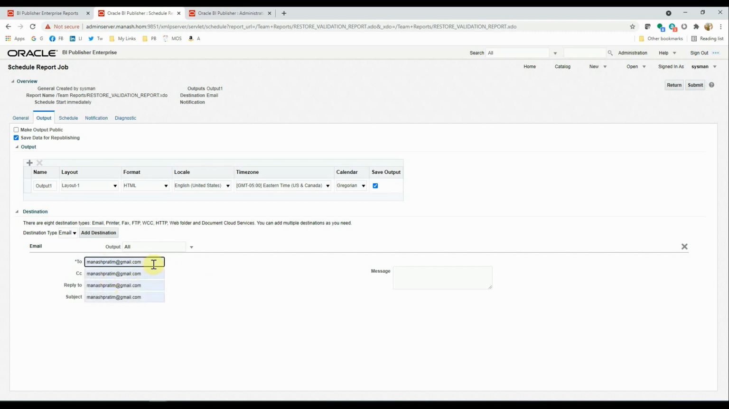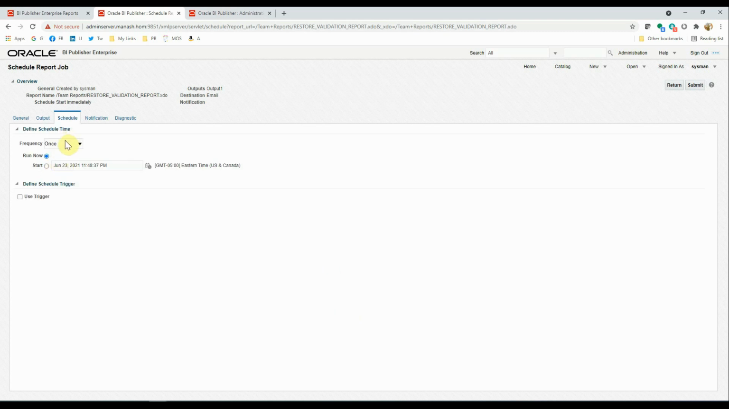Say I am specifying my own email ID. You can do a CC there. Then a subject line will be backup. Sorry, it will be restore validation report. So we have not specified any schedule here. Say we want to run it once,